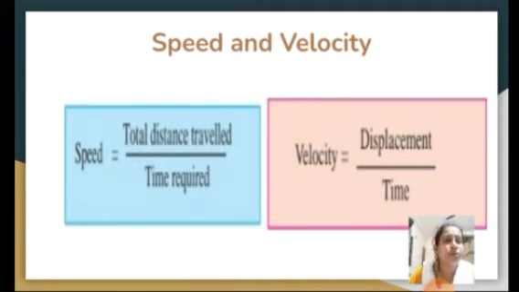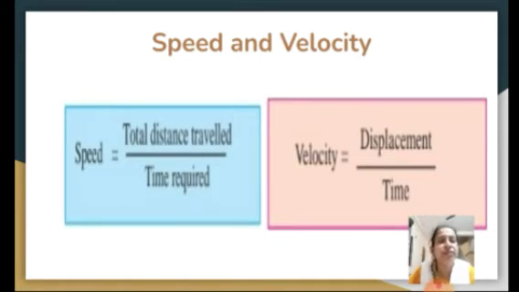The normal speed people use is 40 to 60 kilometers per hour, correct? So what is that actual speed? What is the definition of speed? Speed is nothing but the total distance travelled upon the total time taken. That means whatever is the distance covered by the vehicle and how much time it takes, that decides the